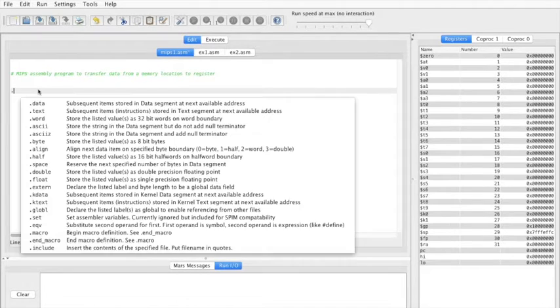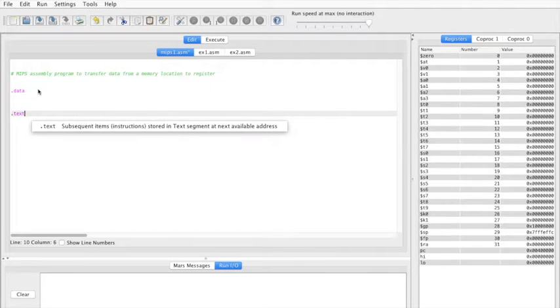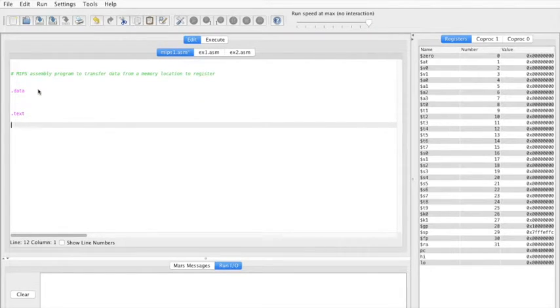So as in the case of any program, we should first define the two segments, .data and .text. .data to keep the data which will be used, in this case, we need that, and .text which contains the instructions that will be executed. Okay, so the first thing to do is let's first